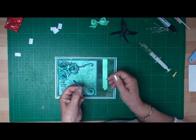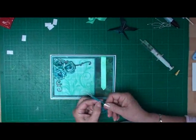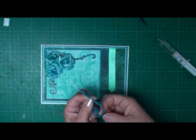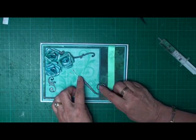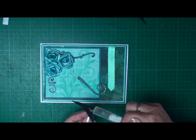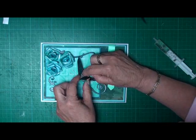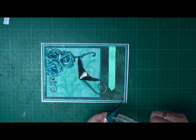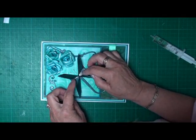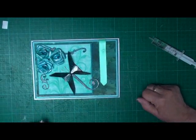Now for the butterfly, I've cut part of a swirl and I've attached the antenna with some gel glue to the back, and that's just going to sit, again, a tiny touch of gel glue. And that's just going to sit on my card. And then again with some gel glue, I'm just going to attach the butterfly wings. There we go. And the tail, the swirl, tends to make it look more like a dragonfly than a butterfly,